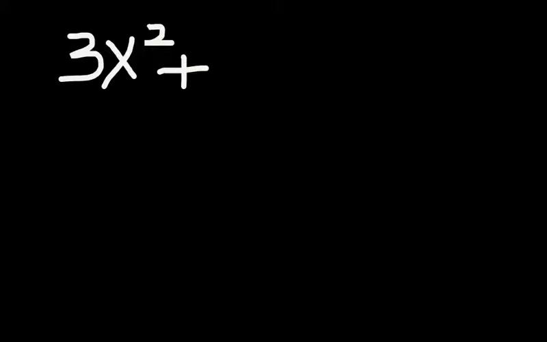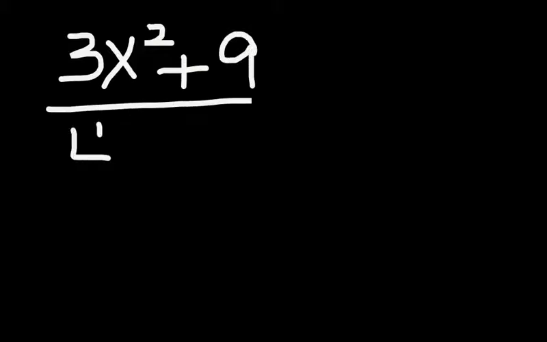And what we're going to do is look at the degree of the numerator and the degree of the denominator, and we're going to compare the two. For example, if I have a problem that's 3x squared plus 9 over 4x to the third plus 2x,